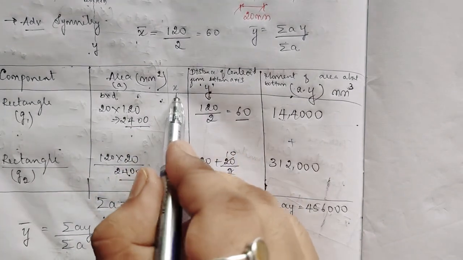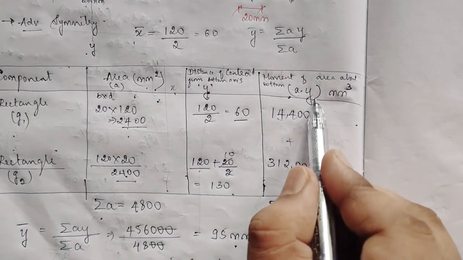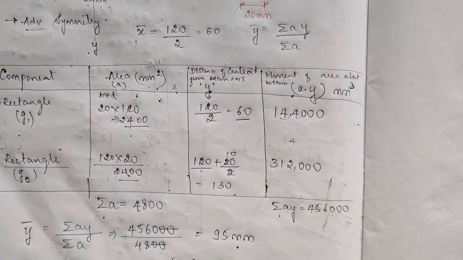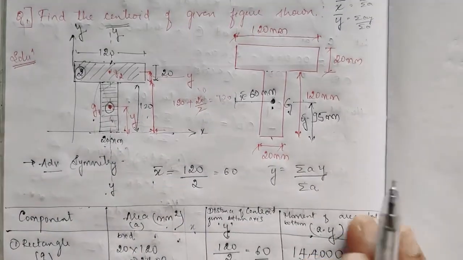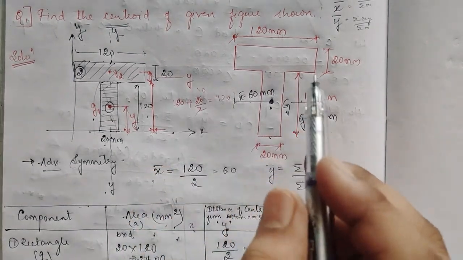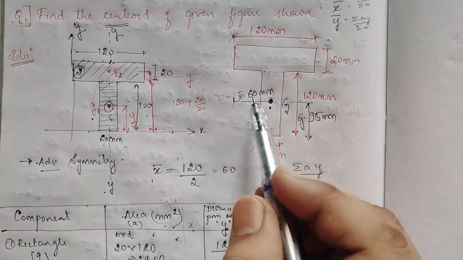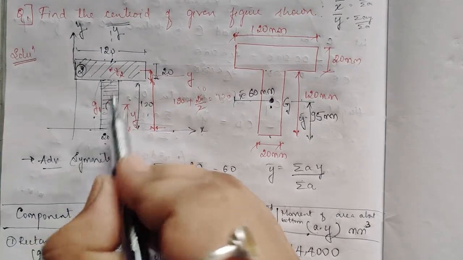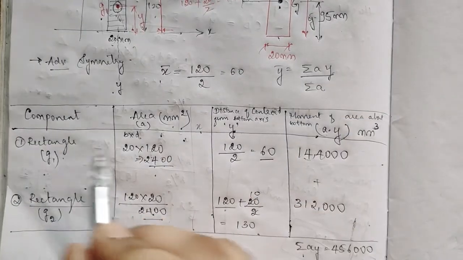If it is not symmetry, we have to add another box for x and we have to add another box for a into x. So any other two boxes we have to add here if it is not symmetry. But for our goodness, it is symmetry, so that type of problems are also there. I will solve them. So whenever a problem is given, we have to find the centroid. So we will divide the whole figure into two regular parts. That is, this I took as G1, means this is one rectangle and this is second rectangle. So I took component 1.